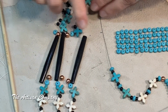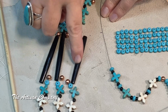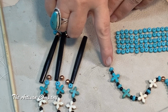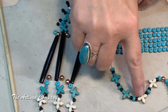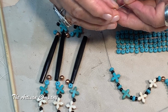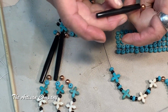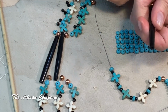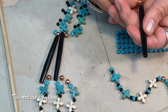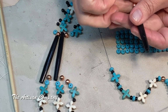So, okay, I'm here at the bone, the section of the horn, the buffalo horn here. And I went ahead and continued this pattern right through here. I'm going to flank the buffalo horn with the copper. That's the next thing I'm going to do because I want the buffalo horn to stand out. And it is large, so it will stand out for sure. But I want it to be